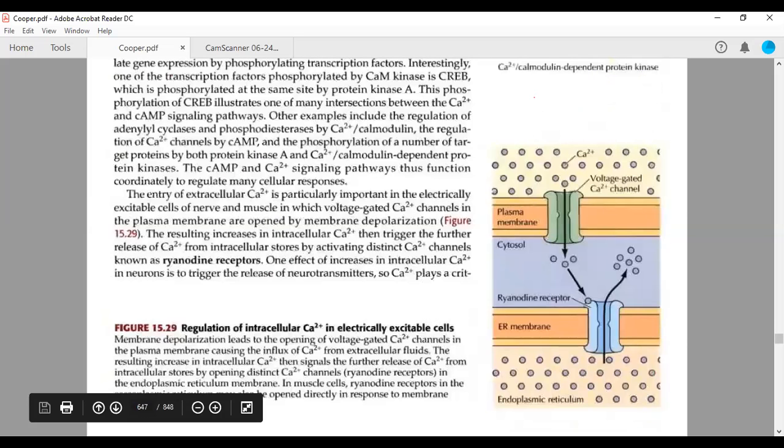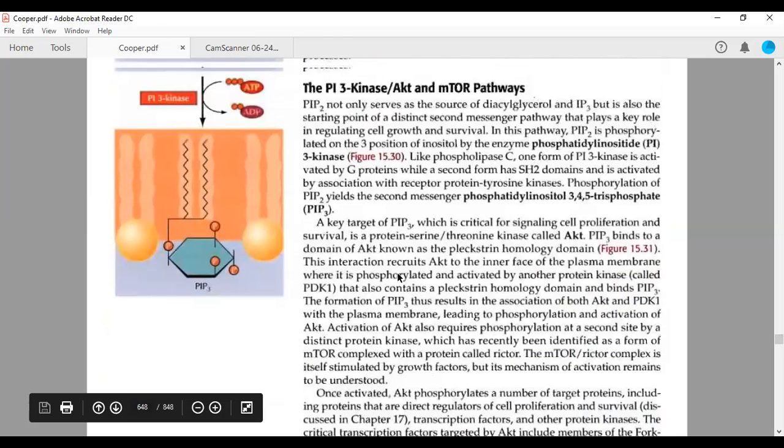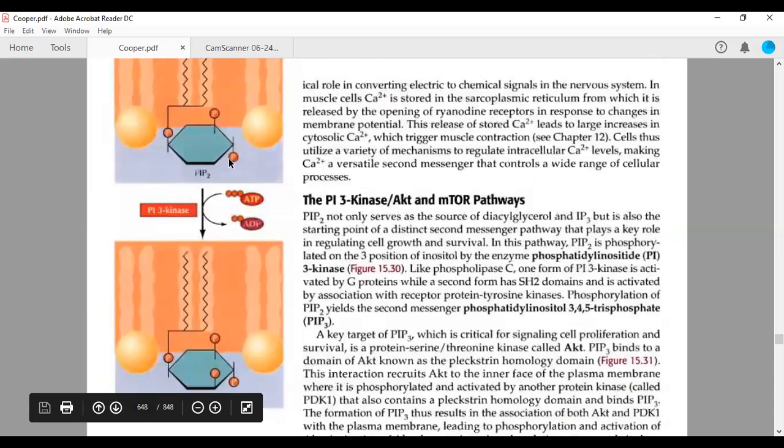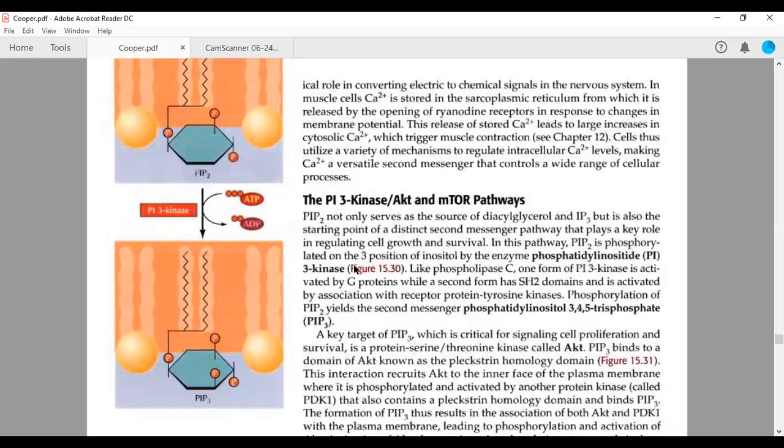Okay. Then the second possibility is this PIP2, with the help of an enzyme called PI3 kinase, because it is phosphorylating this particular PIP2 at the third position, converting it into PIP3. And this PIP3 is another secondary messenger. So PIP2 not only serves as a source of diacylglycerol and IP3, as we have studied yesterday, but it is also the starting point of a distinct second messenger pathway that plays a key role in regulating cell growth